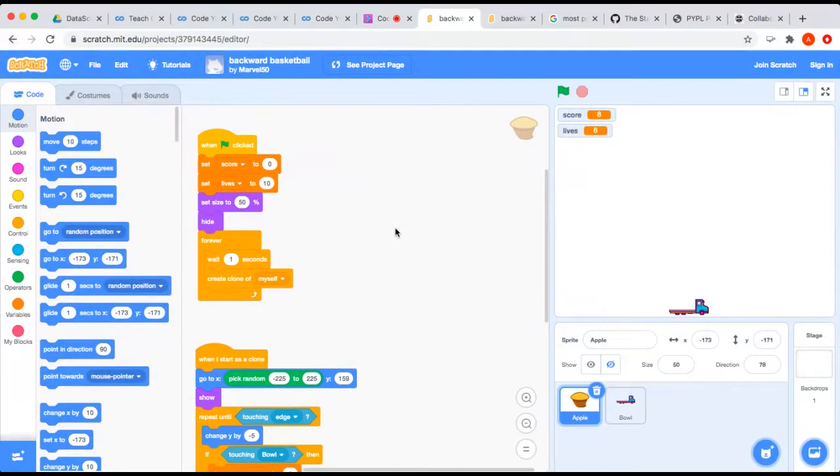Okay, I see now. So see this part of the code in the forever block. This is where the clone is created, right? And when is it created? Every 1 second. So you wait for 1 second. So if you wanted to make muffins appear not as often, you would need to say, wait for 2 seconds